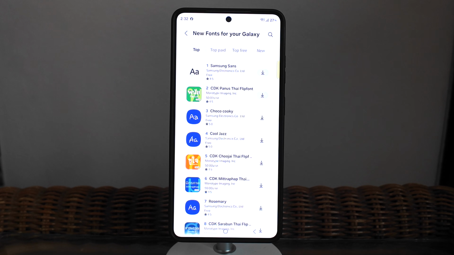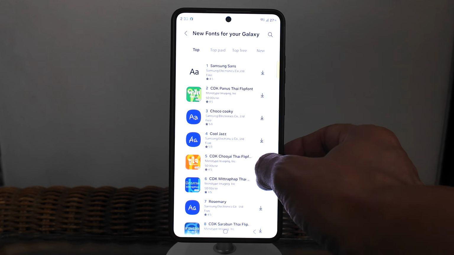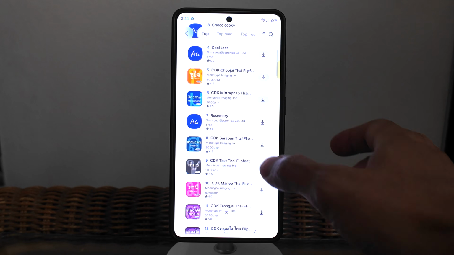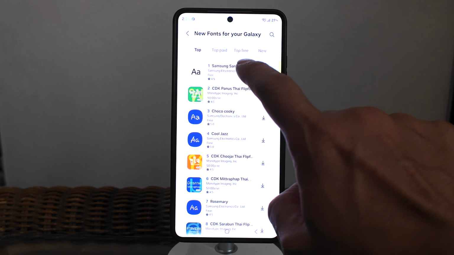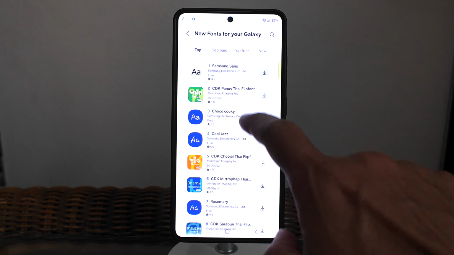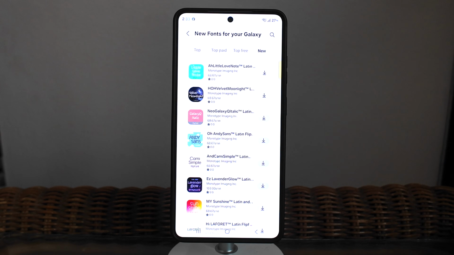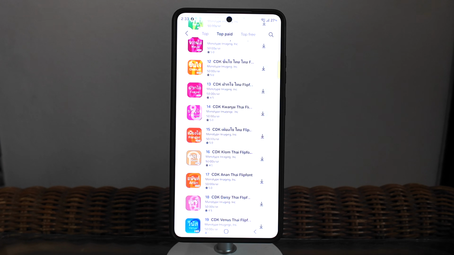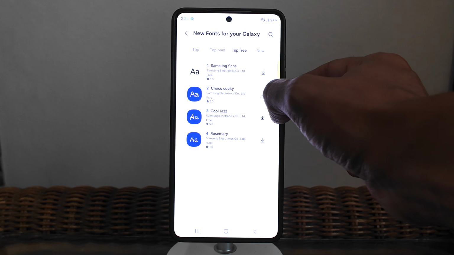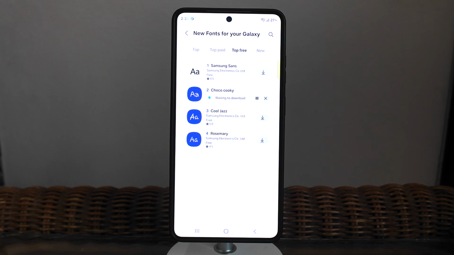So this is basically Samsung's official font marketplace. So at the top, you'll find different categories. So you have top, top fade, top free, and you can also check out the new released fonts. So if you don't want to spend money, definitely have a look through the top free because there are quite a few different styles available. And if you don't mind paying a small amount, there are loads more premium fonts available as well. So once you find the one you like, simply press download